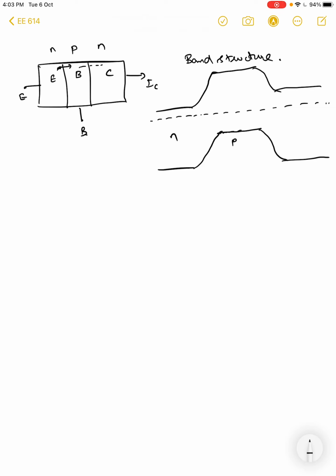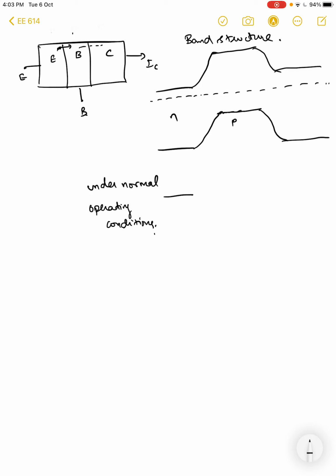Now under any applied bias this is going to change, and we saw that under normal operating conditions the base collector junction is going to be reverse biased, and for you to efficiently inject electrons from the emitter to the base it has to be forward biased, right? So under normal operating conditions, we will see other conditions as well, but for now we are going to consider mostly just the normal operating conditions, right? Under these conditions I have once again the Fermi level of N-type like this, right?